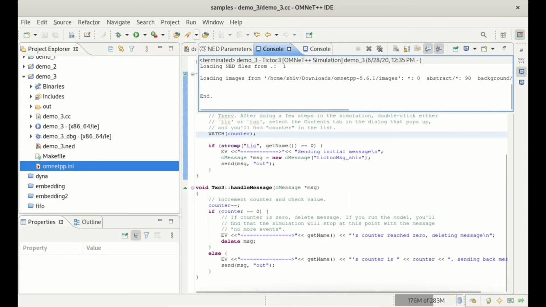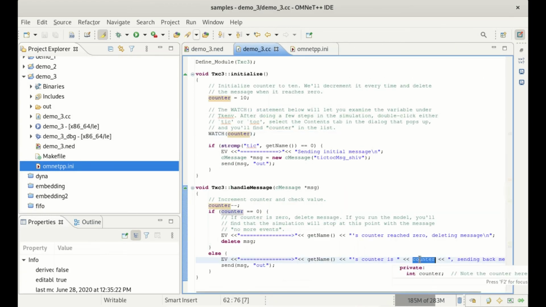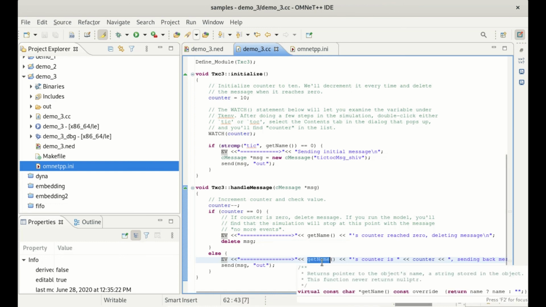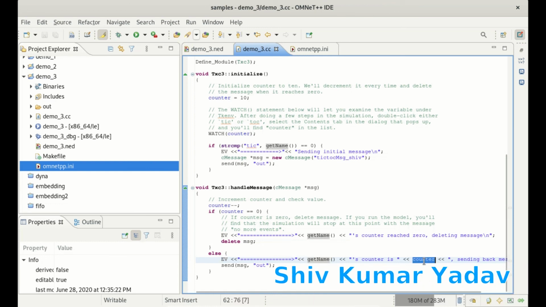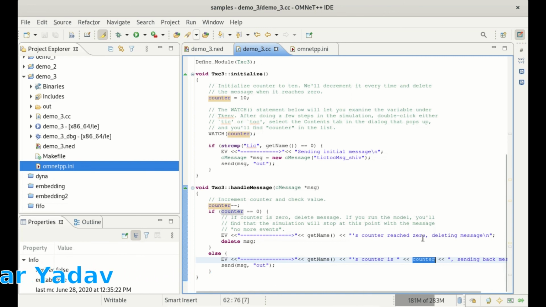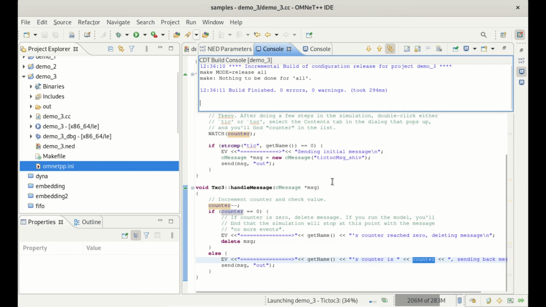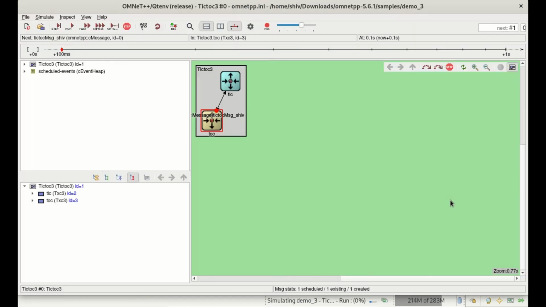We have passed the counter here also. In the log we can also monitor the counter value. So when the program runs and the tic and toc modules get the message, then this EV will print our custom message with the module name and what the counter value is. So let me run the program to see the simulation output.